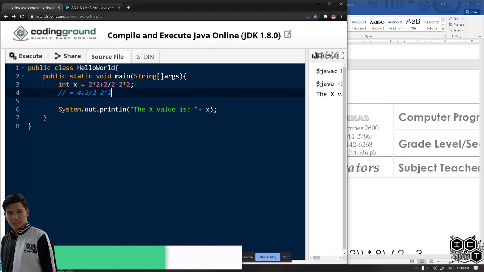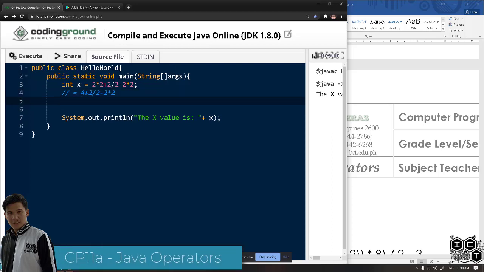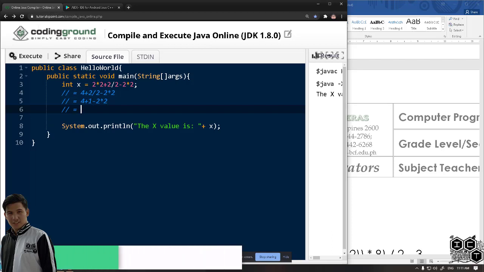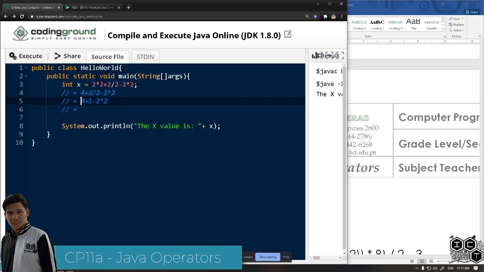Ganyan siya. Next, i-execute ba natin agad itong 4 plus 2? No. Hindi muna. But instead, we will be executing 2 divided by 2 first according to the Associativity Rule. Diba? So, 4 plus 1 minus 2 times 2. Next line. Ano ang i-execute natin dyan? 4 plus 1 na ba? Hindi pa. Kasi we still have